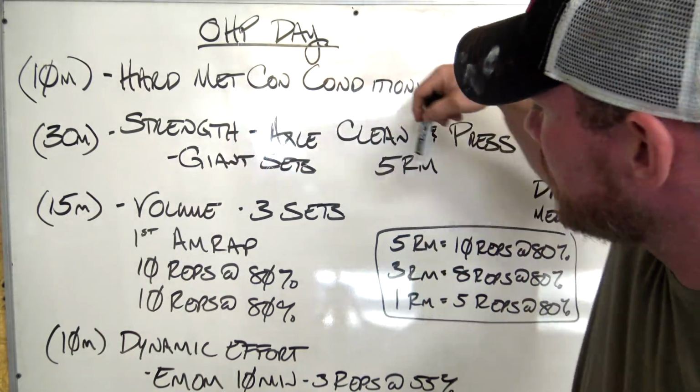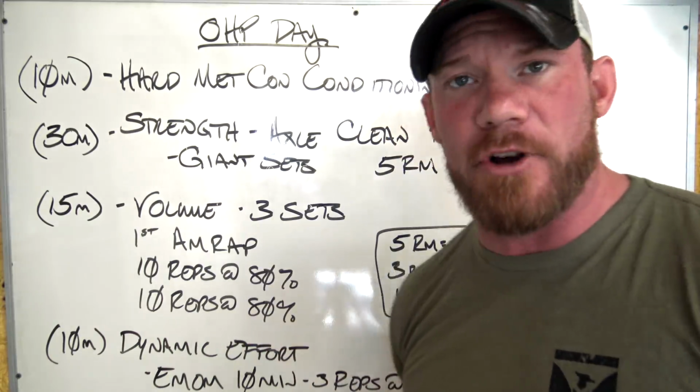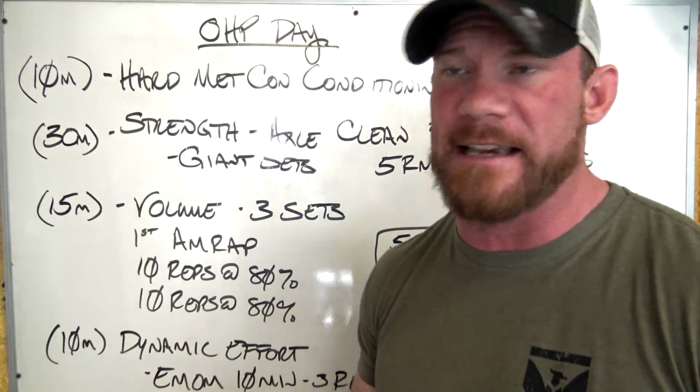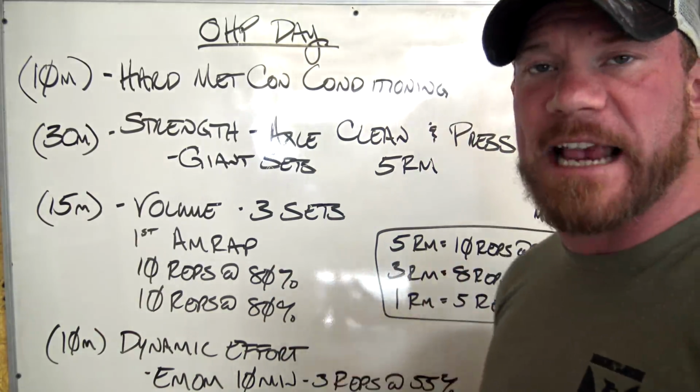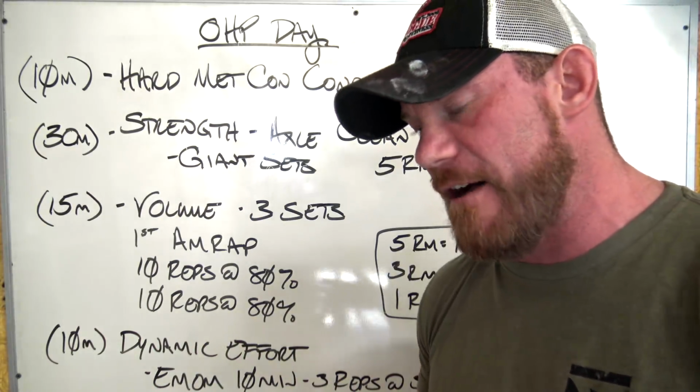But so for this, I was going for a 5 rep max. My first set is always going to be as many reps as possible, and I call that a strongman set, because in strongman you're always asked to do as many reps as possible in 60 seconds, and that's essentially what this first one is. Now I choose 80% for all of my stuff,